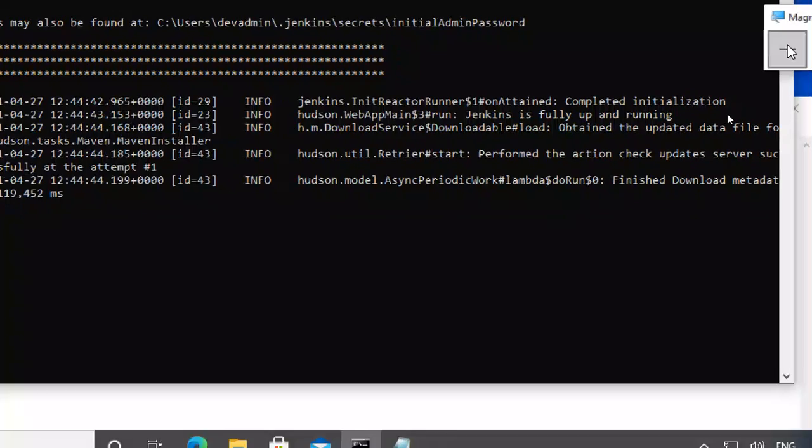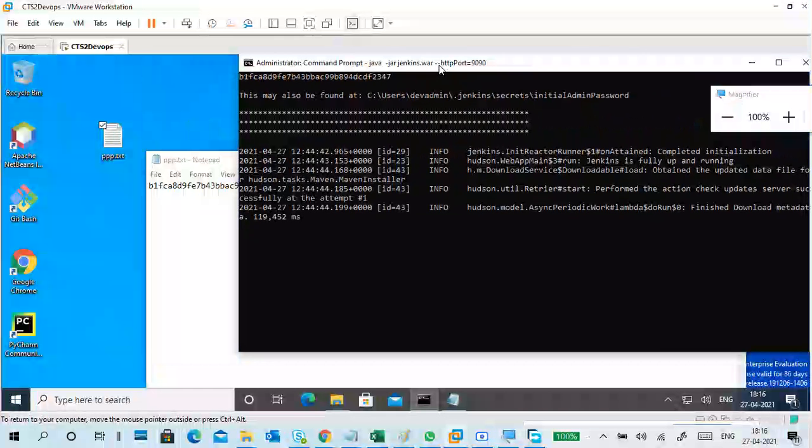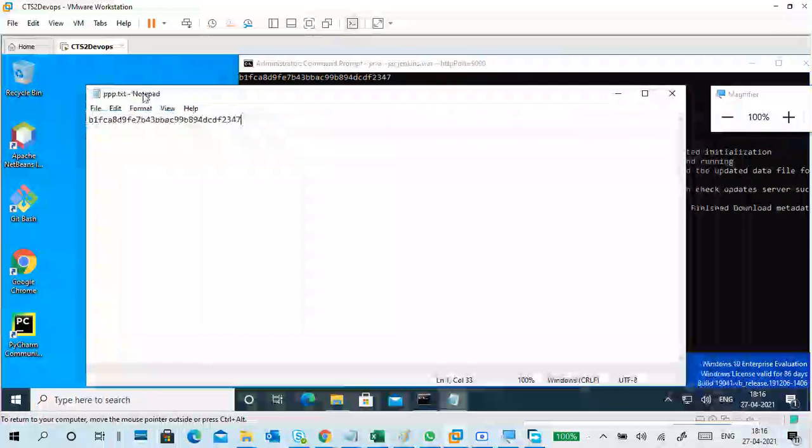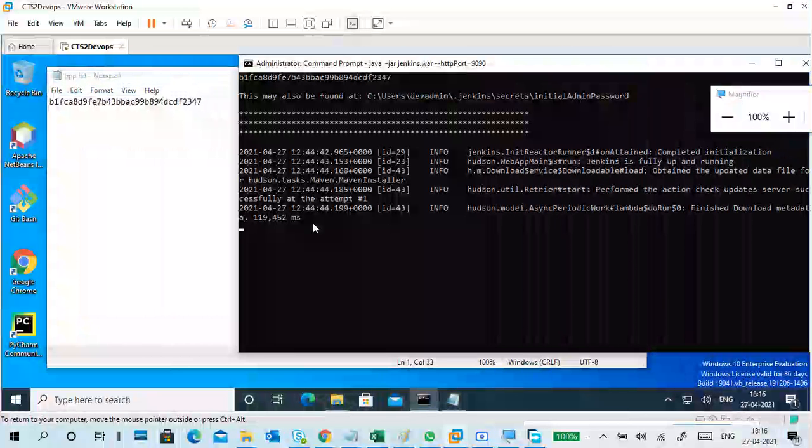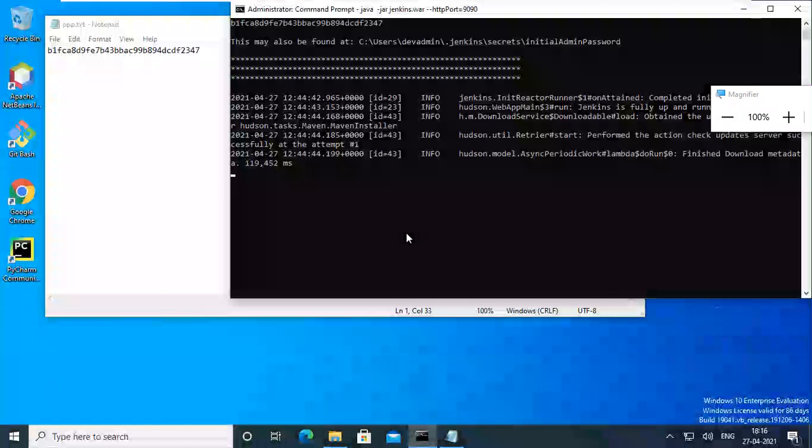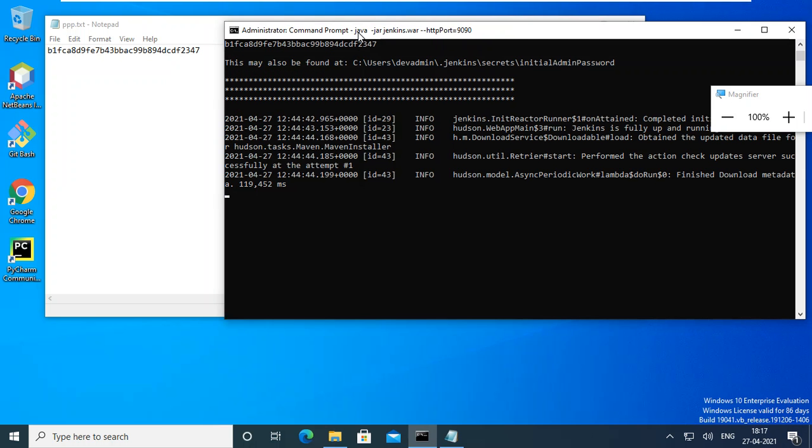It is not showing yet, so it is still taking time. I have the password. We'll wait. I'll put it in full screen mode so we can enjoy looking at the full screen.